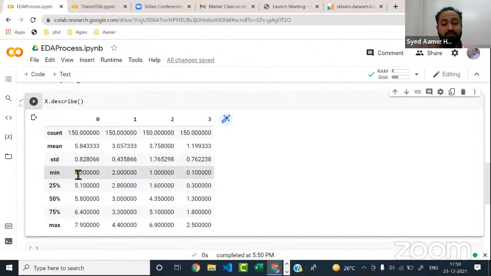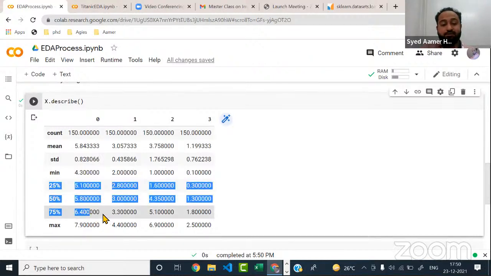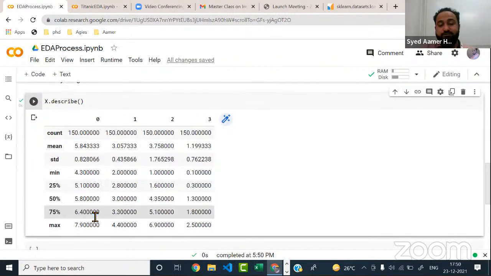Okay. Now you got the minimum value, which is present in that column. And now these three are important, which are related to the interquartile range, right? 50% is basically your median value. And from 50%, you got 25% this much and 75% this much. We talk about the interquartile range, right? So your data falls into the interquartile range, and the values of the interquartile range are these, basically. And the minimum value is, from all the 150 rows, whatever the minimum value you had, you will have it here. And the maximum value will be here. Is that clear? So describe is an important function for us, right?